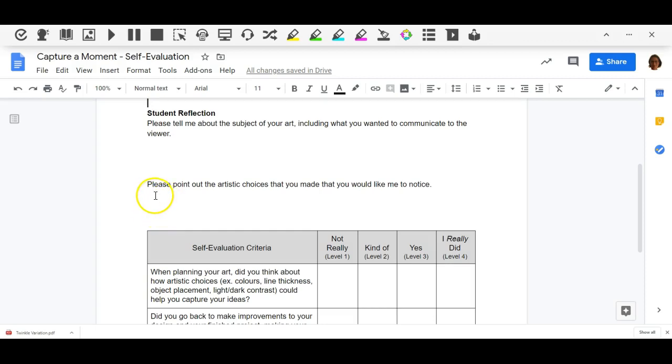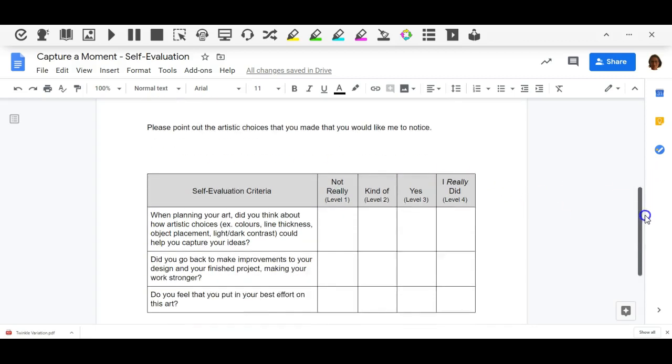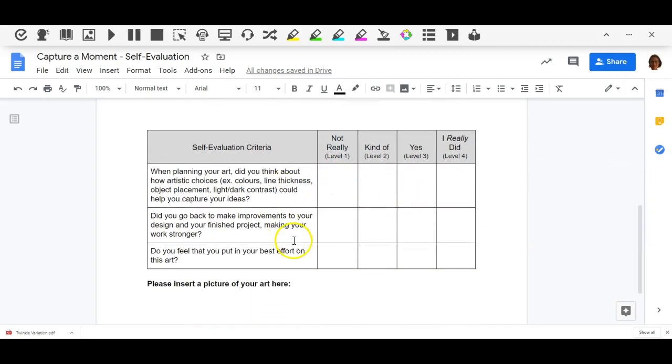All of those artistic choices, I need you to point them out to me to make sure I don't miss all the thought you put into things. Then this section, just a little self-evaluation. When planning your art, did you think about how artistic choices like colors or line thickness, object placement, even just the light or the dark drawing our eyes,